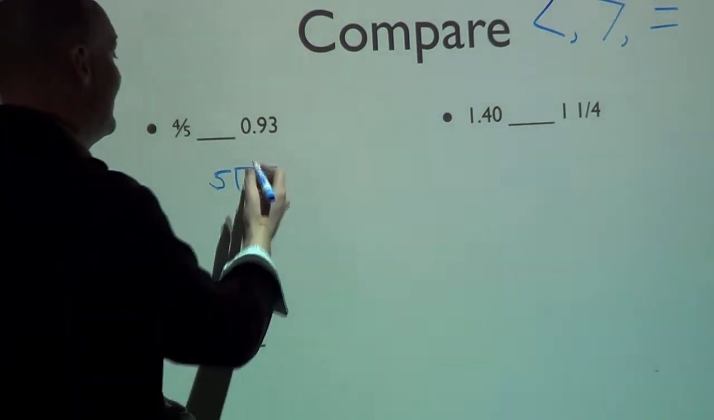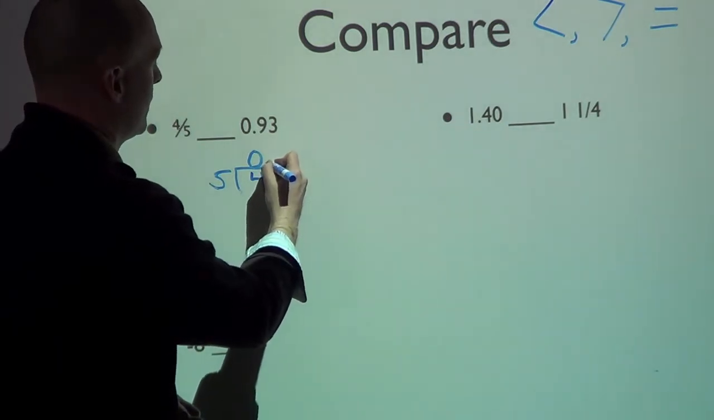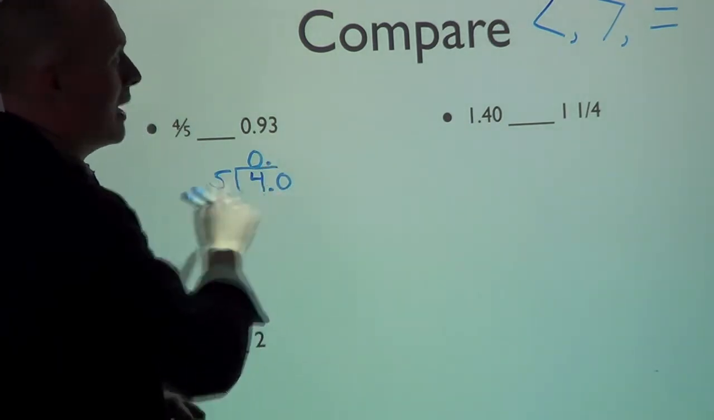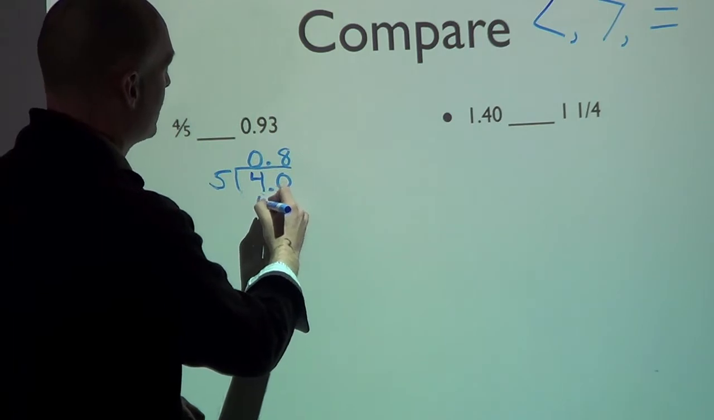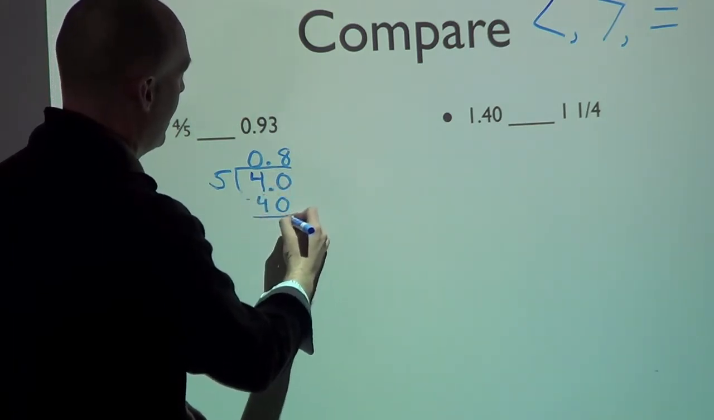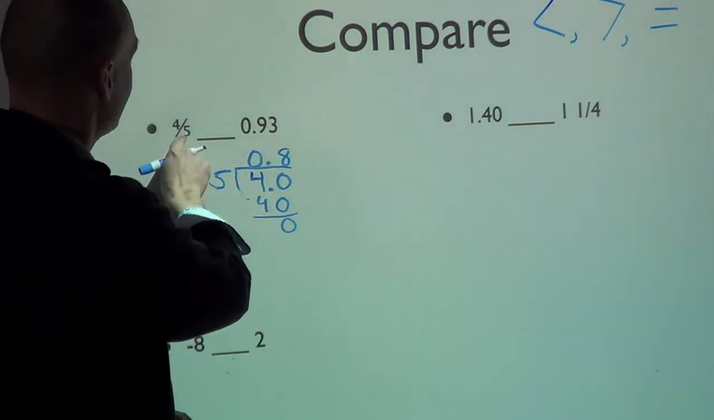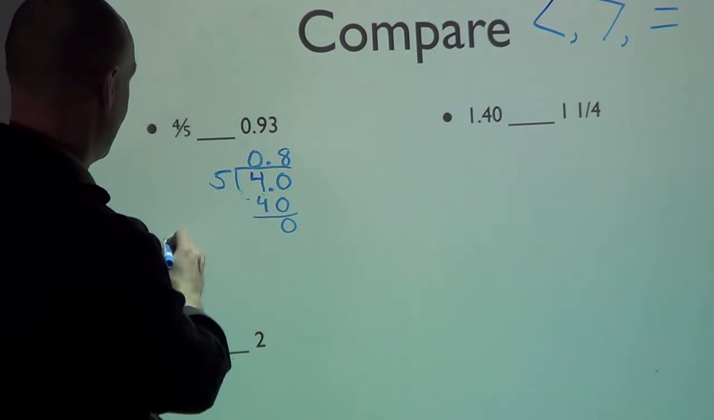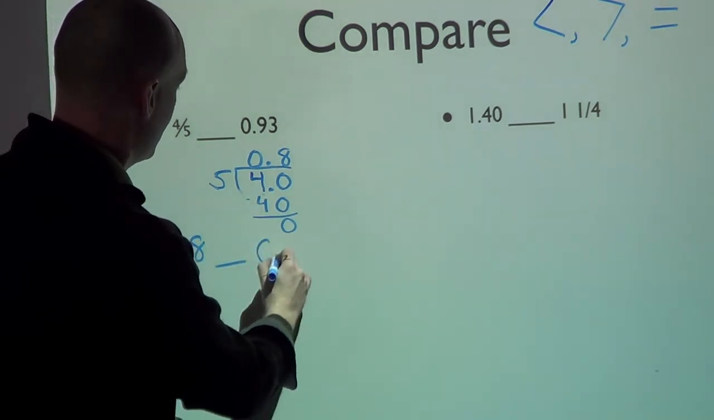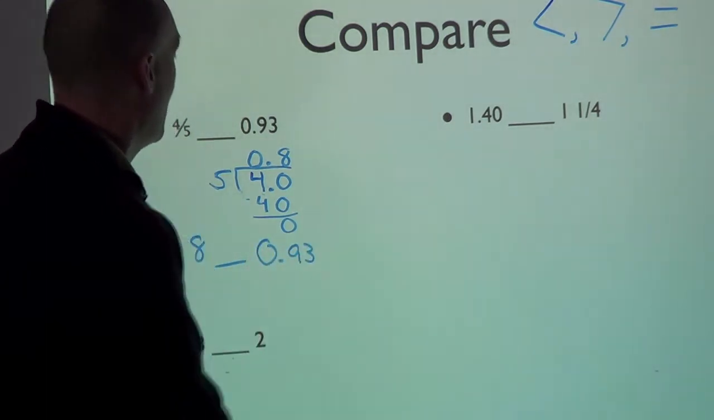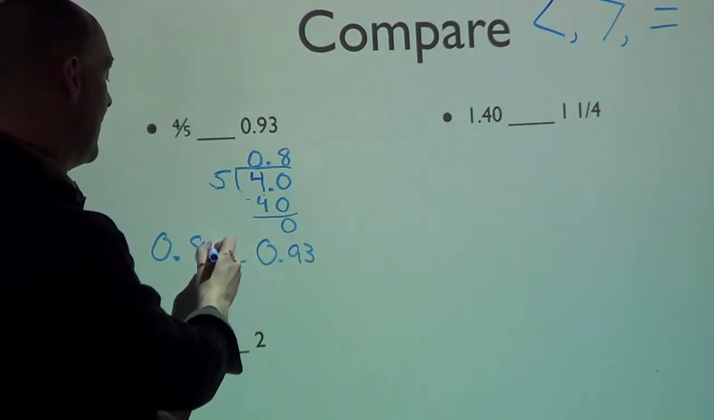5 goes into 4, it does not. So therefore, we annex our decimal place and annex a 0. And now how many times does 5 go into 40? The answer is 8. 8 times 5 is 40. Subtract, and we are at 0. Another perfect terminating decimal. So now, instead of 4/5, what we're comparing now is 0.8 to 0.93. Okay, because we're comparing hundredths to tenths here, I can go ahead and annex a 0 there, so it's